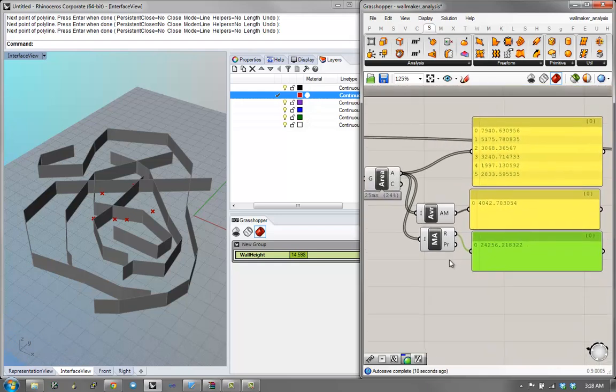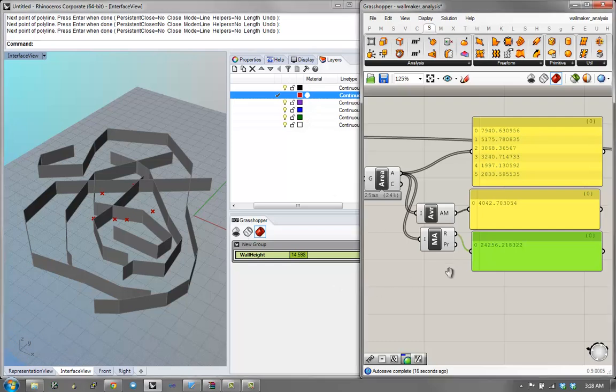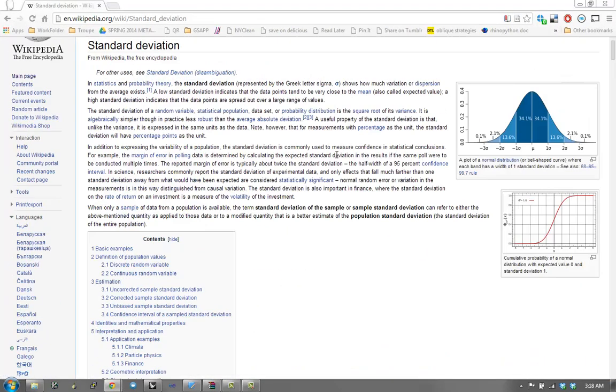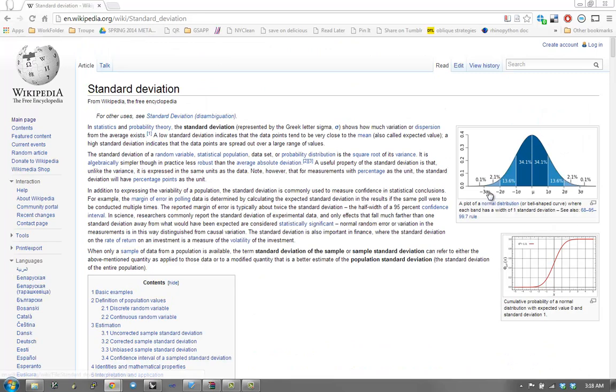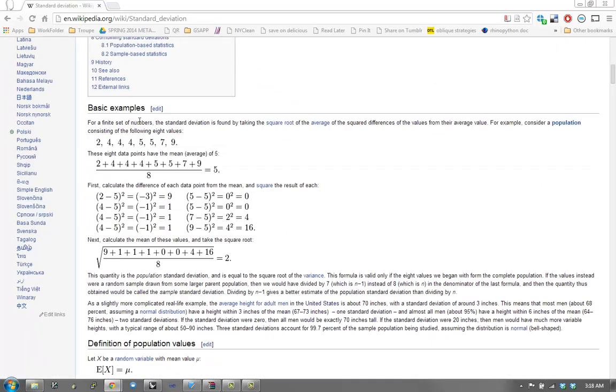The standard deviation is how much the values spread from the average in some sense. It's a statistical measure of how dispersed, or how different, the values are. So you see this kind of bell-shaped curve, which is a normal distribution. The flatter this curve is, the higher the standard deviation. And this is calculated by this formula, which is the square root of the average of the square differences, which